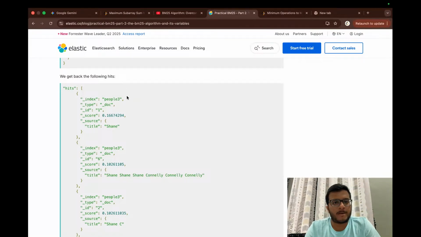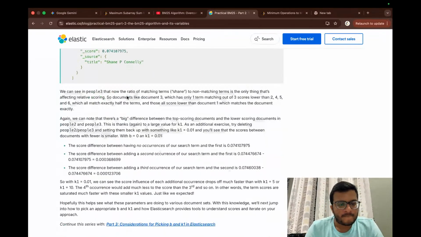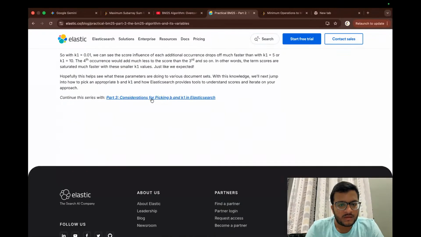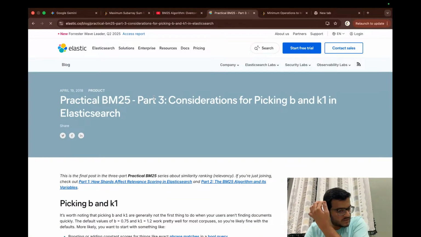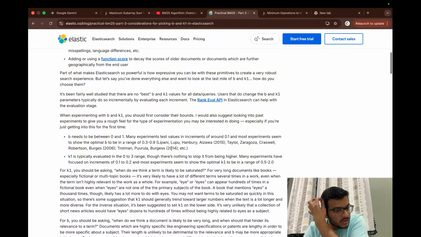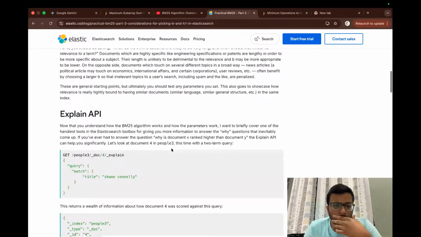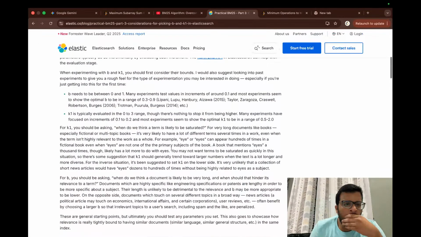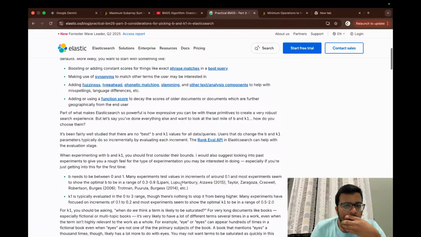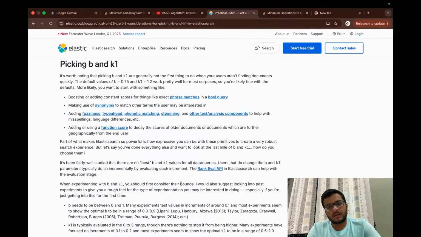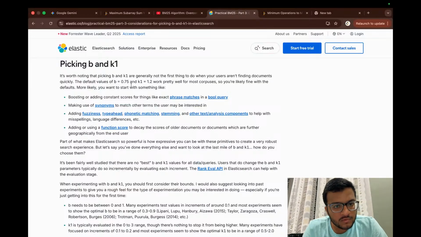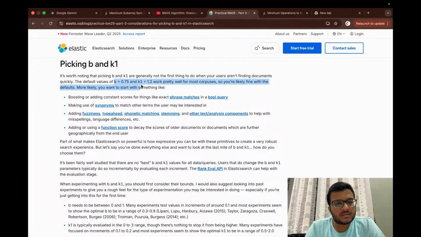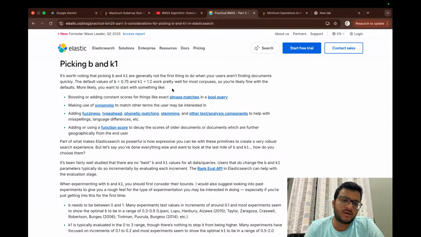Considerations for this is what I wanted to show. And again, in most of the cases, 90% of the cases, these defaults should work, unless you have more specific use cases for your data. So these are the different things